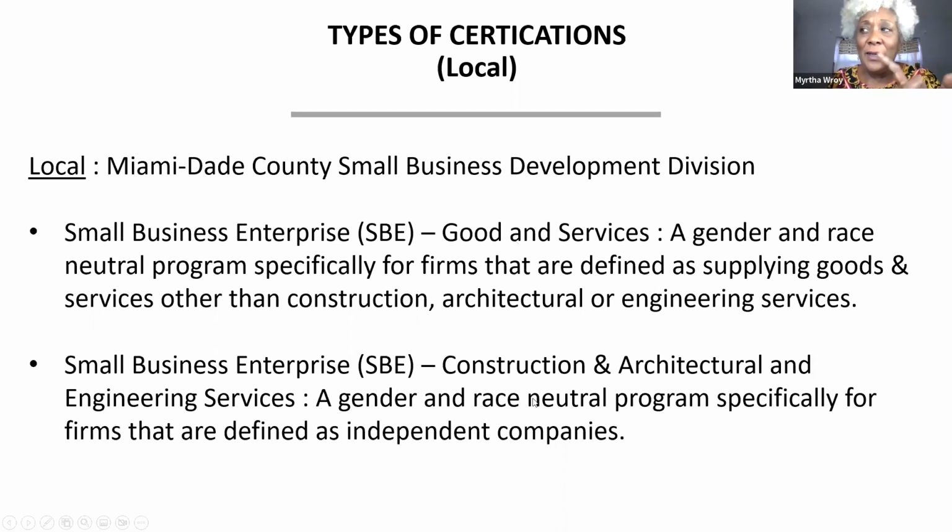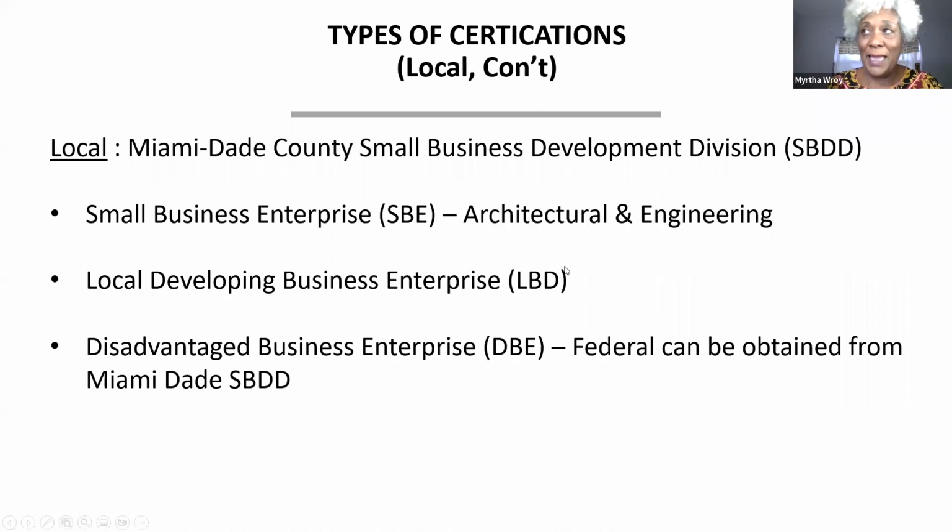So why is this separate? Because these things are regulated by the state. For construction, you have to have your general contractor's license; for architects and engineers, your professional license; your CPA. These types of people you have to have. There's an extra thing that is required, but it's the same type of certification. Sometimes just different, additional documents will be required for you to be able to do business in that category.